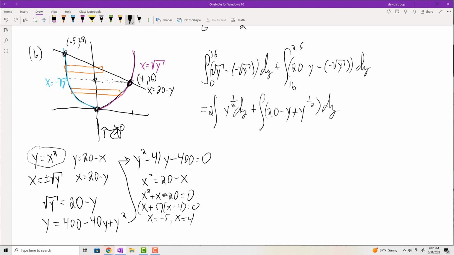And then we'll have 2 times y to the 1/2 plus 2 halves is 3 halves, divided by 3 halves, same as multiplying by 2/3. Evaluate, plus 20y minus y squared over 2 plus y to the 3 halves times 2/3. Evaluate, and then,